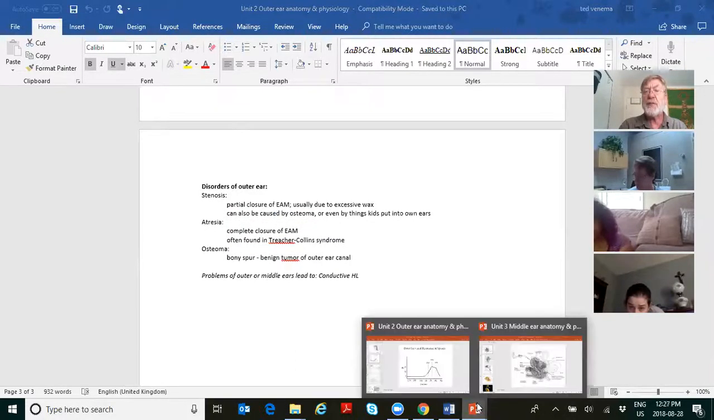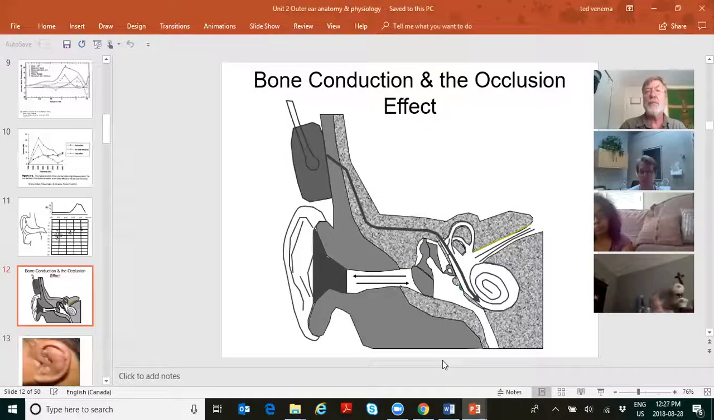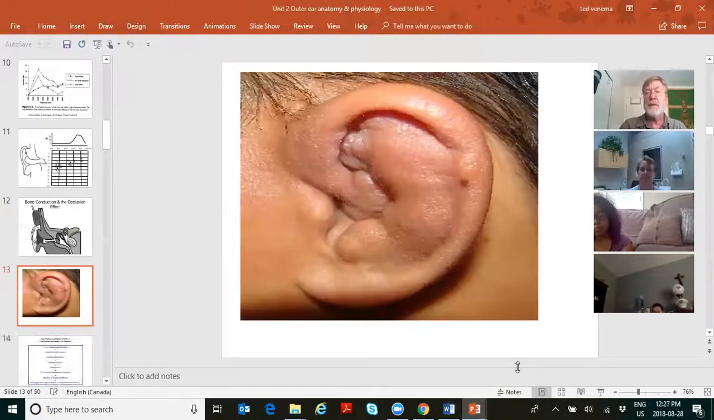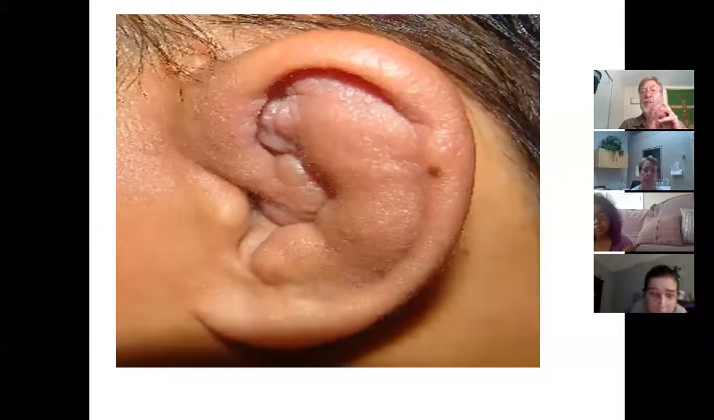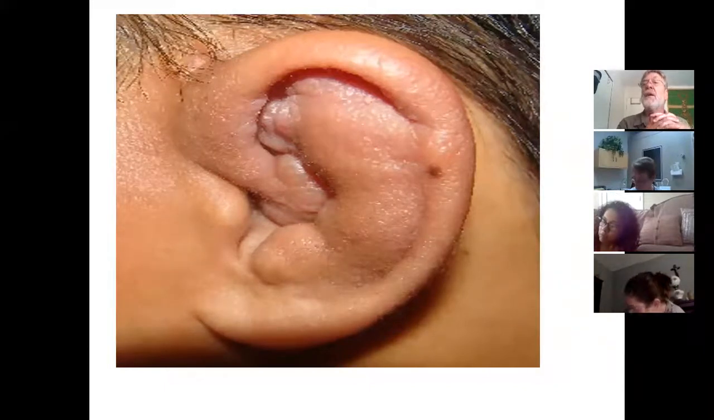Now let's look at some pictures. There you go. Okay. This is a picture of atresia. Total closure of the ear canal. It's often associated with something called Treacher-Collins syndrome. Spell that word, Treacher, T-R-E-A-C-H-E-R, like teacher, but with an R in it. Treacher, Collins,